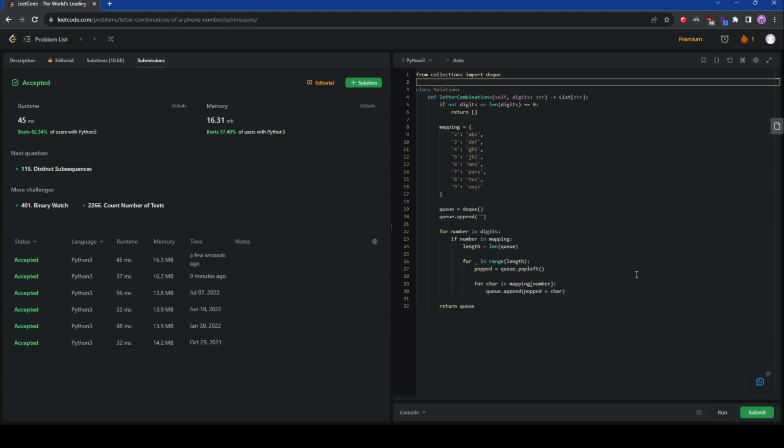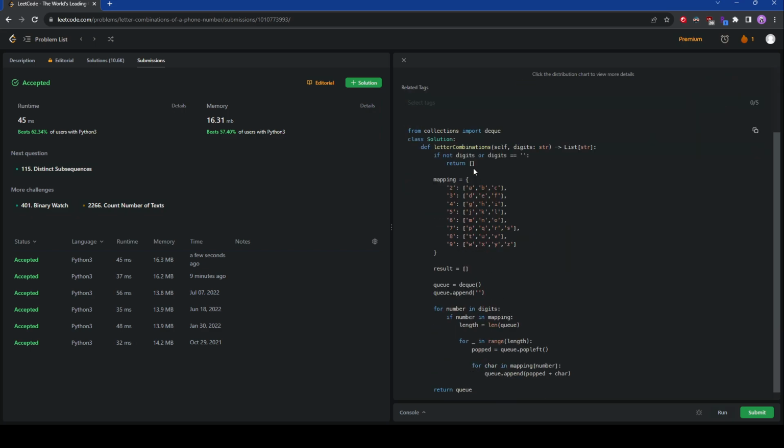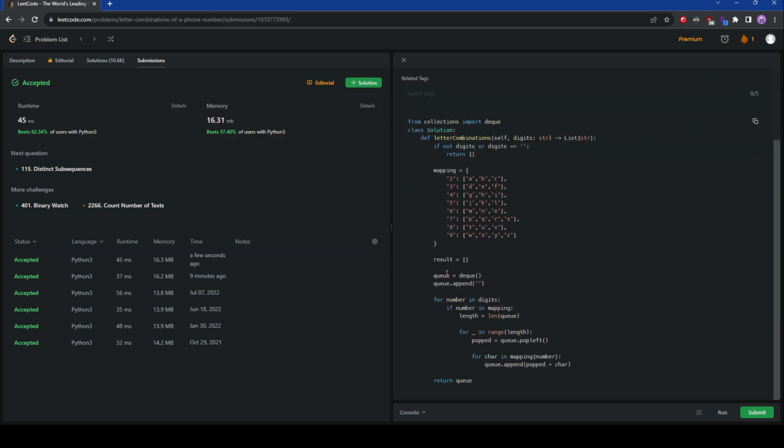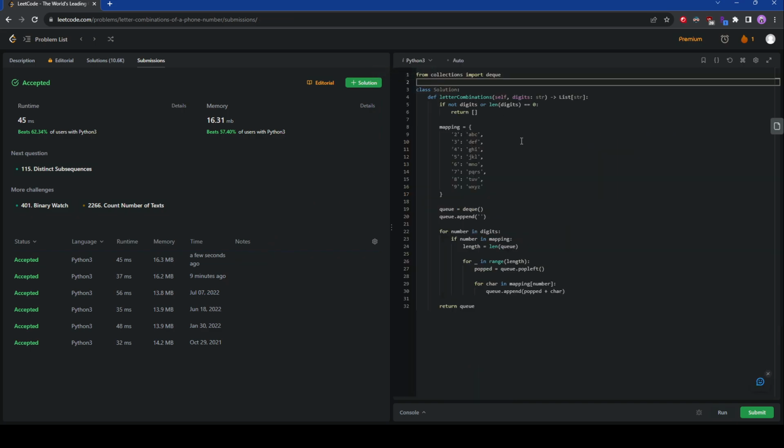There we go. 45 milliseconds. It beats 62%. But then the one I did just before, 37 milliseconds, which is the same code as well. I don't think I really did anything different. Yeah. It's 37 milliseconds, which beat 92%. So, honestly, it's more about the time complexity that matters. It's the time complexity that you calculate from here. It's not about this time. This time can vary wildly. Like, I've done 56 milliseconds. But either way,